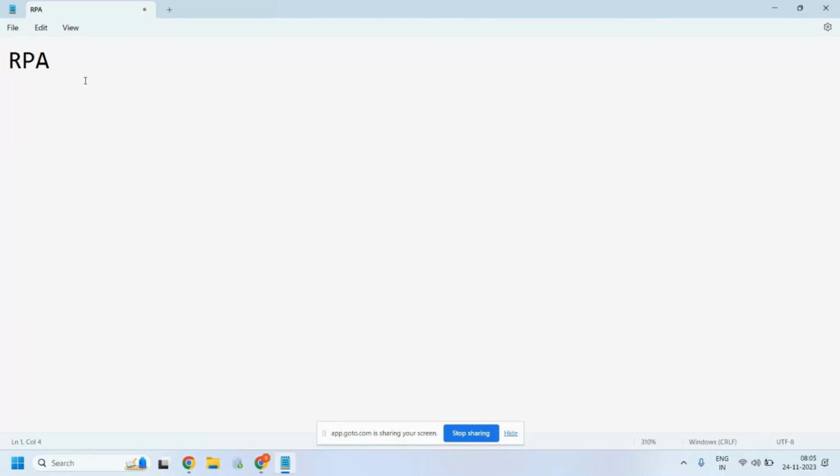There are different types of tools available in the market which do the same automation of whatever the business processes are doing. Here we are just mimicking the process they do.